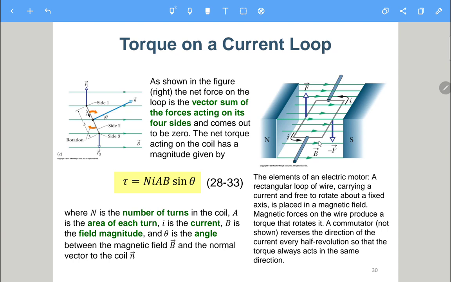Counterclockwise. Clockwise is 顺时针. Counterclockwise is 逆时针. Okay, so